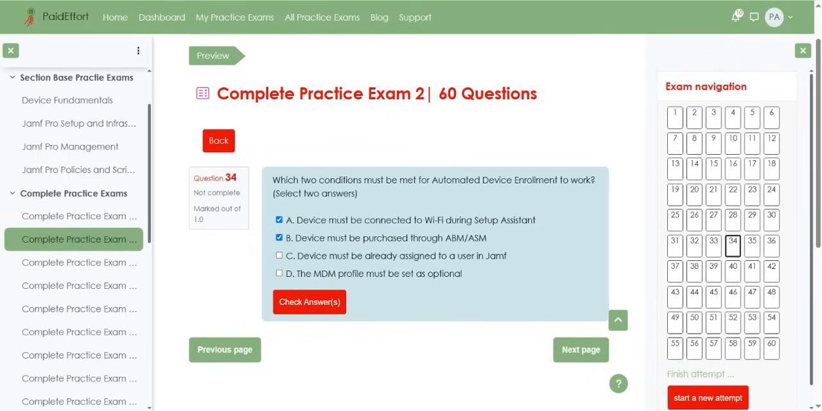Now let's break down why these are the right choices. Automated device enrollment depends heavily on internet connectivity because the device must communicate with Apple's deployment servers during Setup Assistant. Therefore, being connected to Wi-Fi at that stage is absolutely necessary for the enrollment process to trigger. In addition, the device must have been purchased through Apple Business Manager or Apple School Manager. This is how the device becomes eligible to participate in automated device enrollment and to be assigned to your Jamf